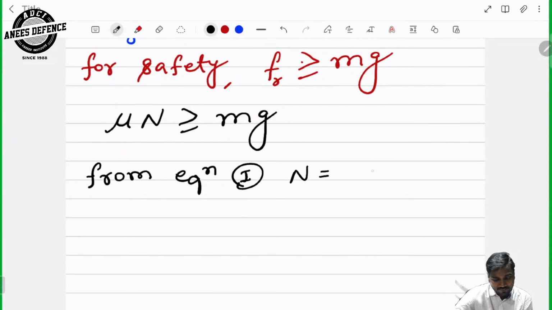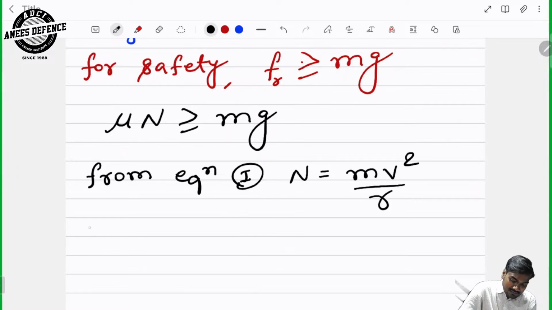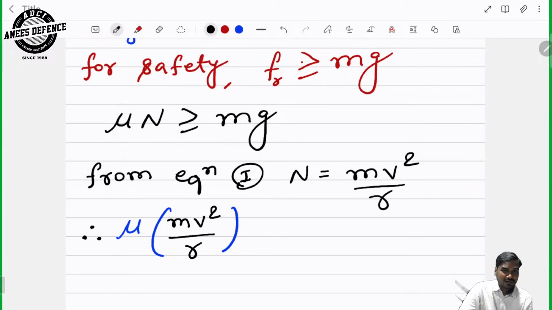Hence, what you can write? Mu into N, where N is m v square by r, is greater than or equal to